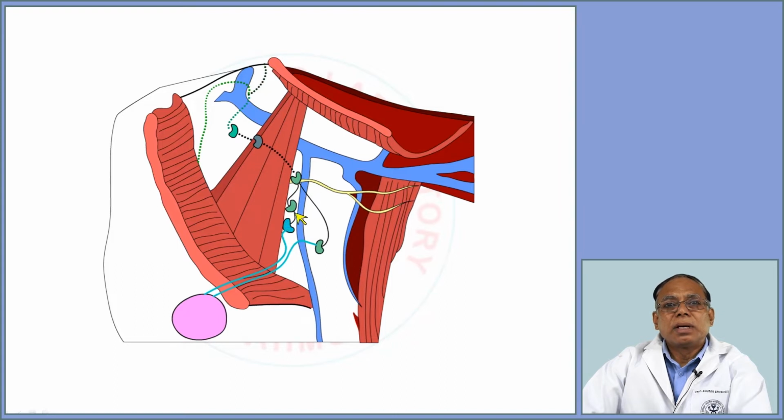So these are level 1 nodes lateral to the pectoralis minor, level 2 nodes behind the pectoralis minor, and level 3 or the apical nodes located high up in the axilla above and medial to the pectoralis minor muscle. This muscle is the pectoralis minor muscle. The lymph from the efferents of the apical nodes is then taken by the axillary or subclavian lymph trunk to the junction of the internal jugular vein and the subclavian vein at the jugulo-subclavian angle near the junction of the thoracic duct, and this is also joined by a lymph trunk from the jugular chain, the jugular lymph trunk,